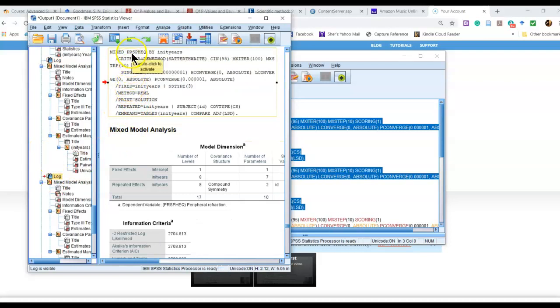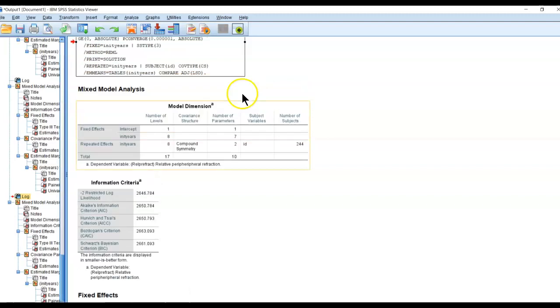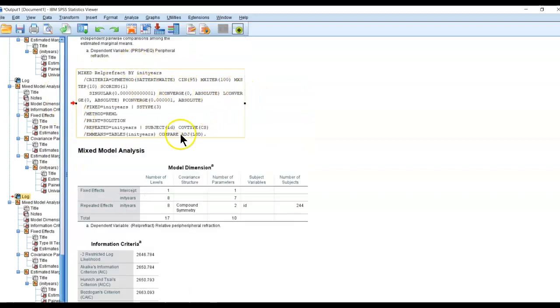We have peripheral spherical equivalence. We have relative peripheral refraction. And so let's see what our output looks like. We'll just take one of them. First thing we see here is, well, first you can check to make sure your code was right,